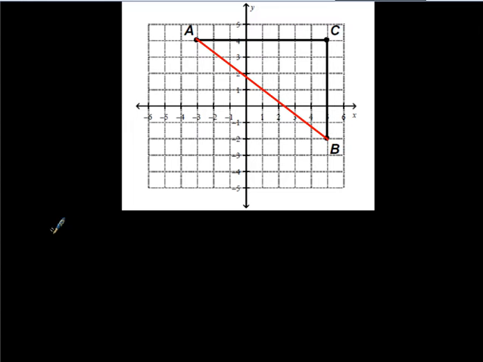the Pythagorean theorem is a squared plus b squared equals c squared, where the legs of the triangle are labeled A and B. This one could be B and this one could be A, that's fine. But the hypotenuse is always labeled C. So, if I were to plug in my values to find from A to B, or my hypotenuse C, I